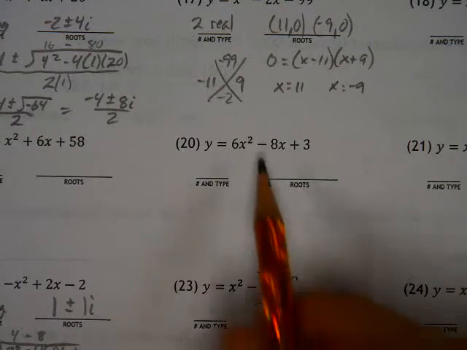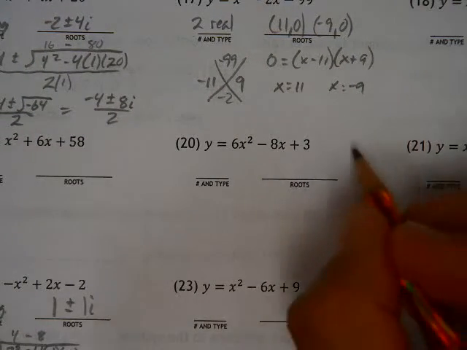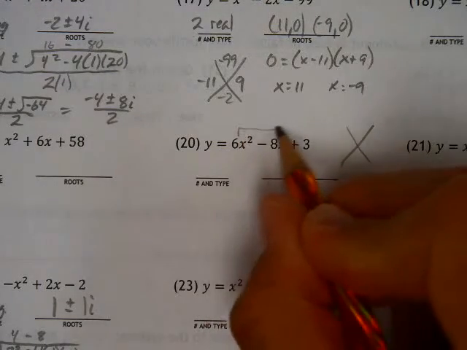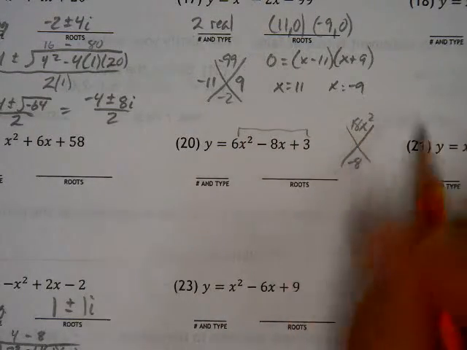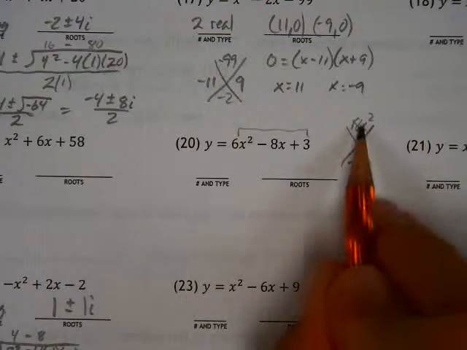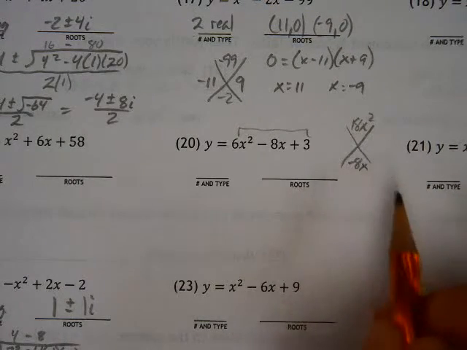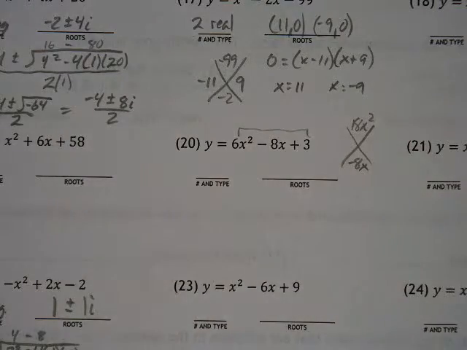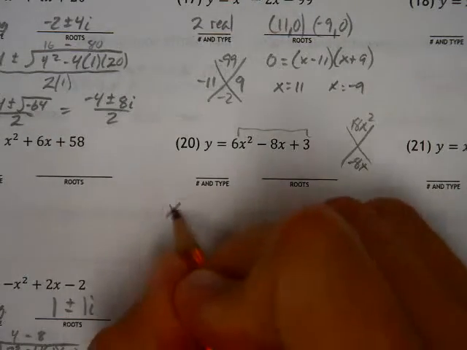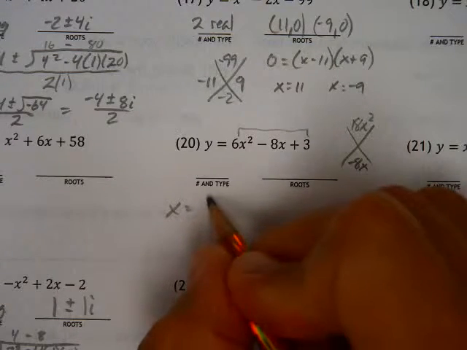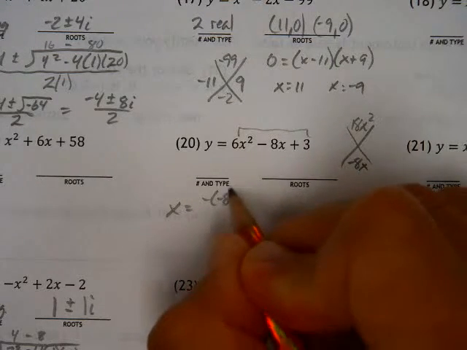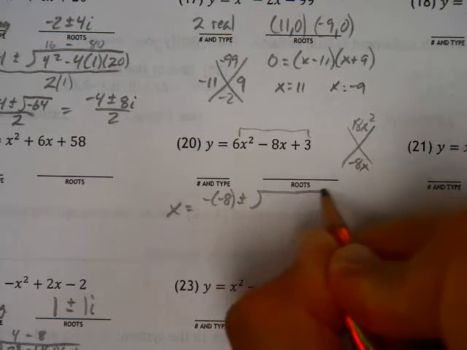Well, this one here, if you try the diamond problem and do your 18x squared on top and your negative 8 on the bottom, there's no two numbers that multiply together to get 18 but add together to get 8. So we have to scrap the factoring idea and go straight on to the quadratic formula one more time. And so we have a negative 8 plus or minus the square root of